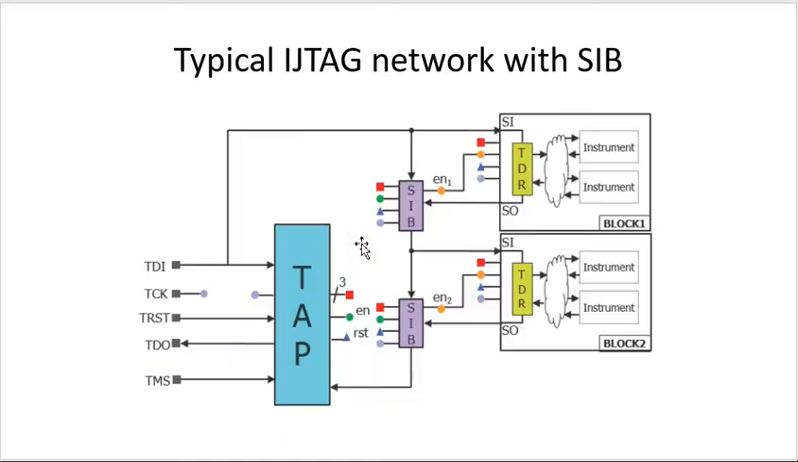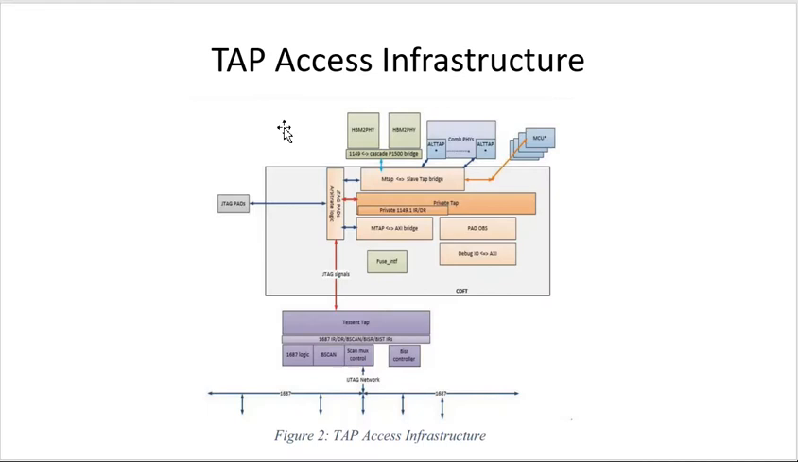So going forward, this is a TAP access infrastructure. The TAP access infrastructure involves one of the CDFT core parts, wherein it has a lot of pad OBS, like debug inputs and outputs. So the IJTAG pad-involved logic is being sent to the descent TAP using the JTAG signals, and